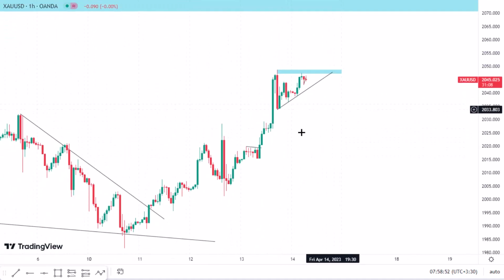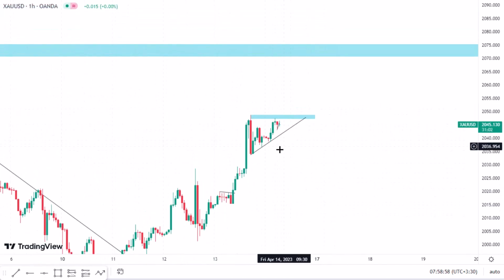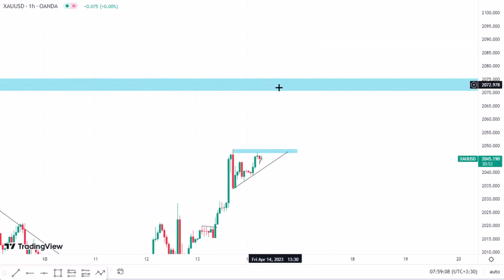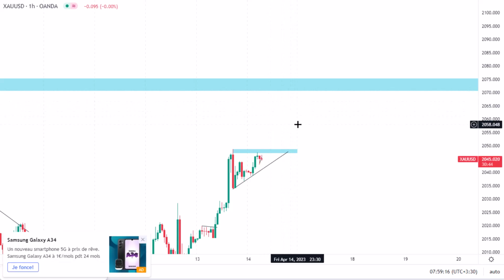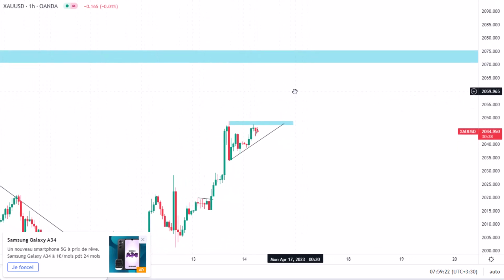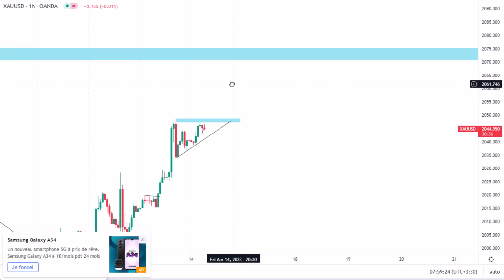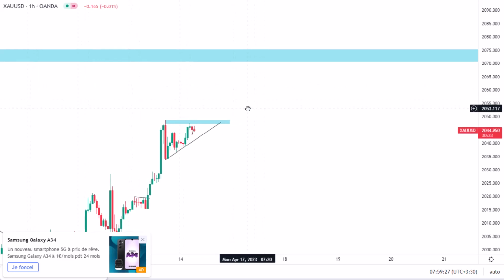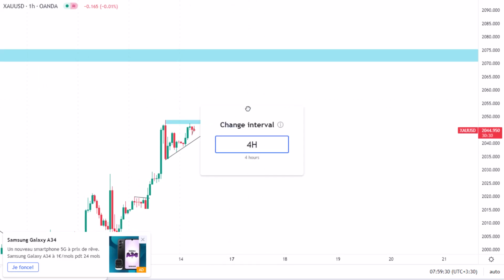Something like this, and because the market is strongly going to the upside, okay, we can actually have this scenario that this resistance here breaks to the upside and we can see higher prices on gold, and actually we can touch this level, the really strong resistance we have. And also XAUUSD or gold can have a new all-time high in the next days. In the 4-hour time frame, if we check that,